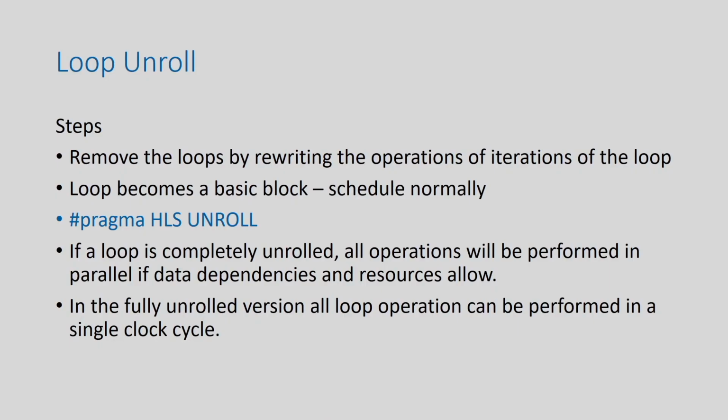I will now move to the other extreme, right. So, this is the rolled implementation and I am going to talk about the fully unrolled implementation, right. So, that means in the fully unrolled version there is no loop. I am just removing the loop and writing the operations of all iterations together, and I completely remove the loop, right. So, then what will happen, it basically becomes a basic block, right. It is a sequence of operations. So, that is the other extreme end.